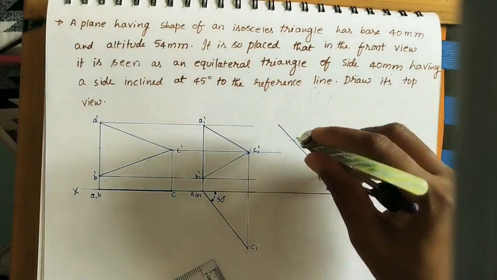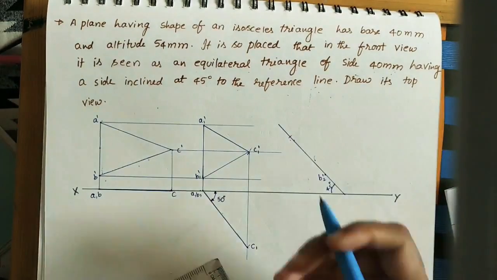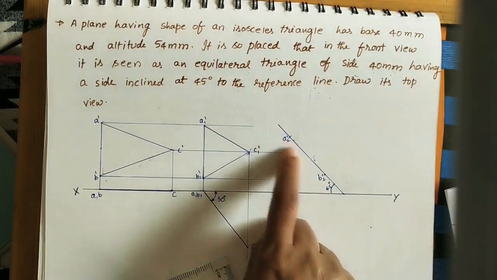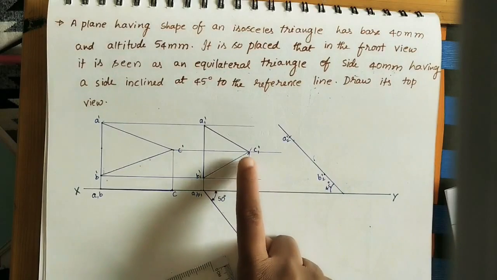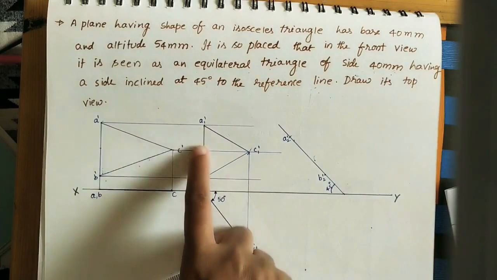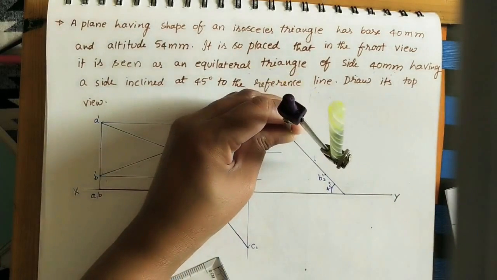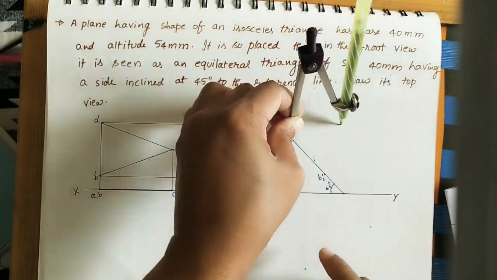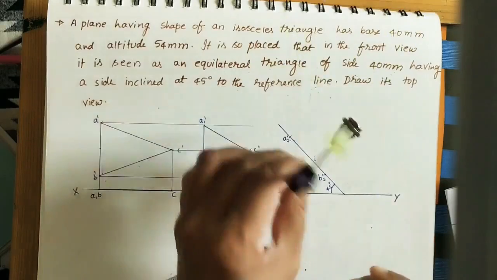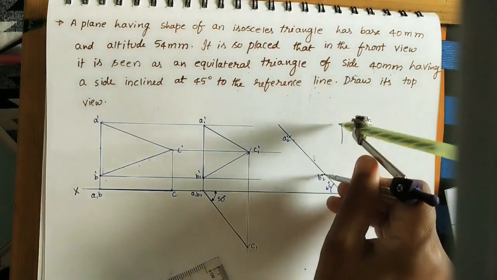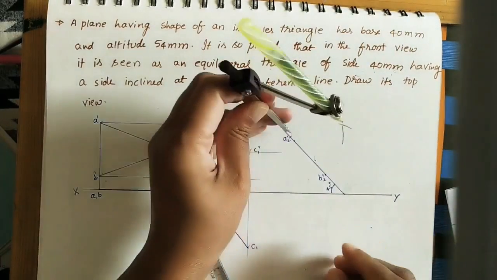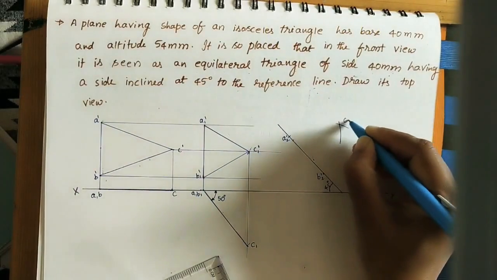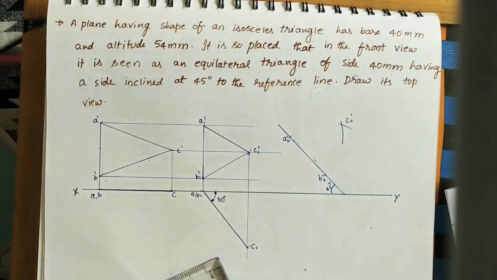So with B as center, mark the A point. This is A2 dash. After marking these 2 points on the 45 degrees line, mark the C point also. As we know, this length and this length are equal to this length. By using the compass, take this 4 centimeter. We can build this side or this side, it is our wish. Take this arc here and take the intersection point here. Extend this arc, this side arc. We will get the C2 dash point. Join these 2 points with C.